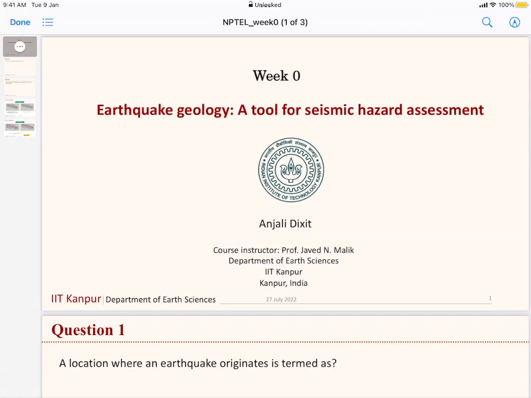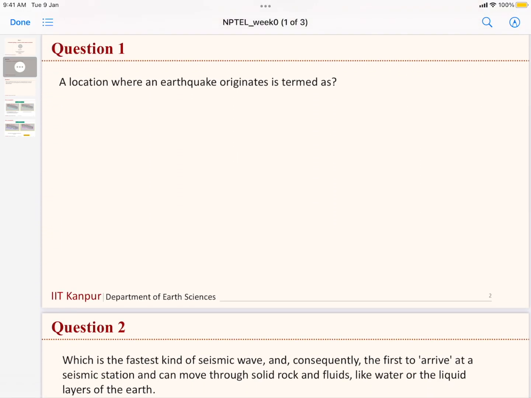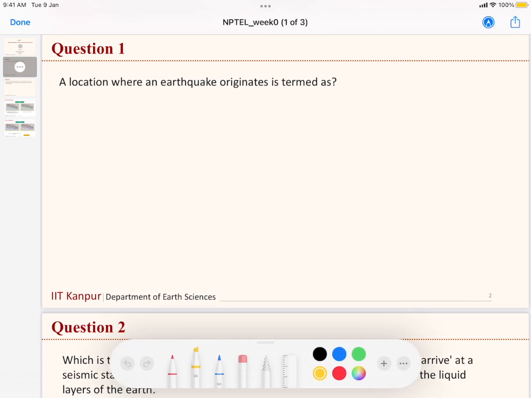Let's move to our first problem. I hope you all can see my screen. The problem is: a location where an earthquake originates is termed as. There are a few options. To answer this problem, I think the help of a simple diagram would be nice to understand. So suppose this is our earth surface, and this is the fault plane, and for example, due